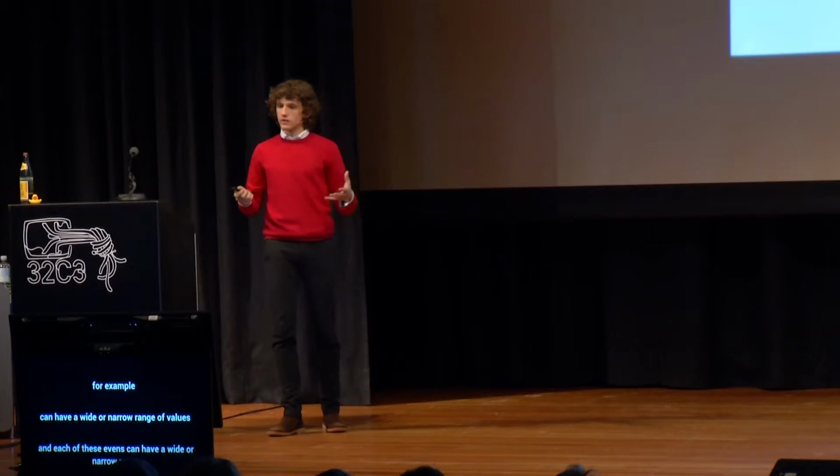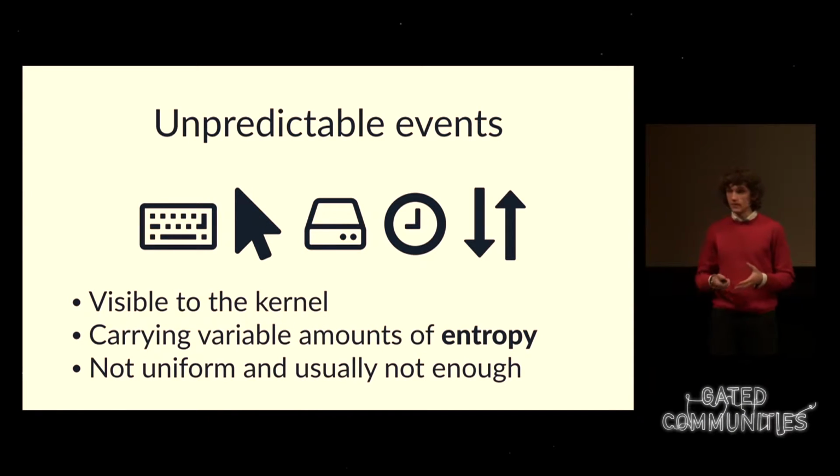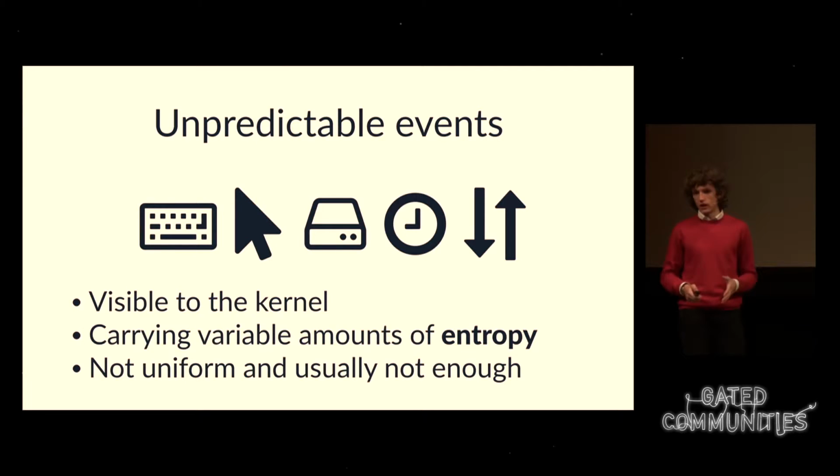How wide this range is, is what we call entropy. Essentially, it's how many different values, how spread apart the values are, which also means how easy they are to predict. But something that they definitely aren't is uniform, because as I said, for example, reading from disk might take in a specific range, definitely not from 0 to 255 nanoseconds. And usually they're not enough to satisfy all our random bytes needs, right?